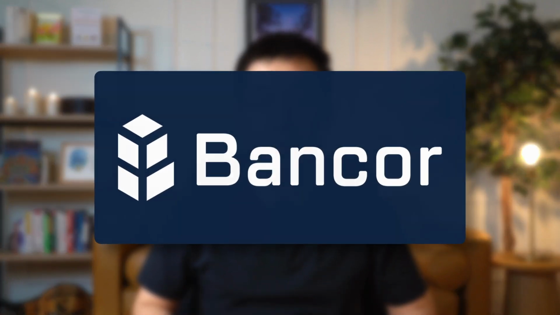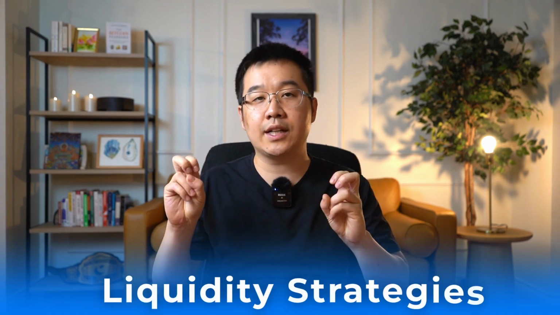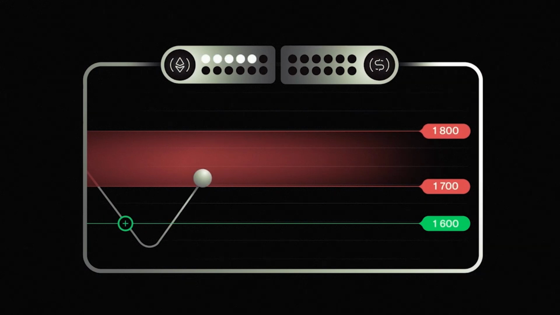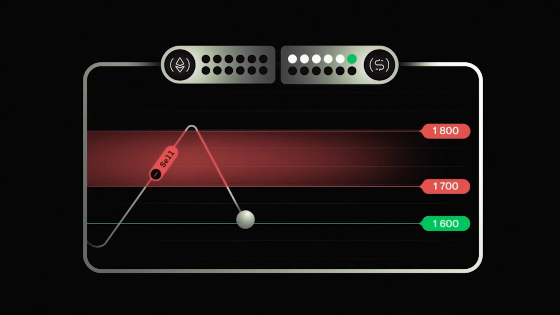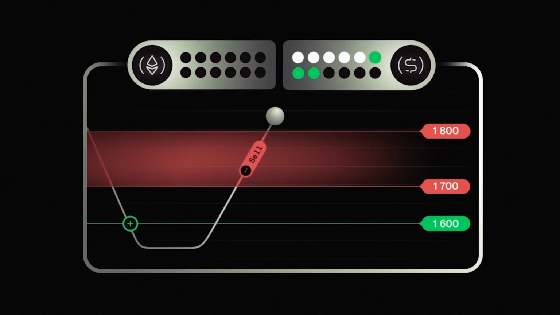So Carbon is a new decentralized trading protocol made by the OG crypto project Bancor. At its core, it lets you use limit orders and range orders to set up what they call liquidity strategies. Basically, you can either put a single limit/range order or combine orders to create a recurring strategy, like buy at a lower price range and then sell at a higher price range, and your liquidity auto-rotates between the two ranges. If that isn't super clear yet, don't worry, because when I show you what it looks like live, it'll make